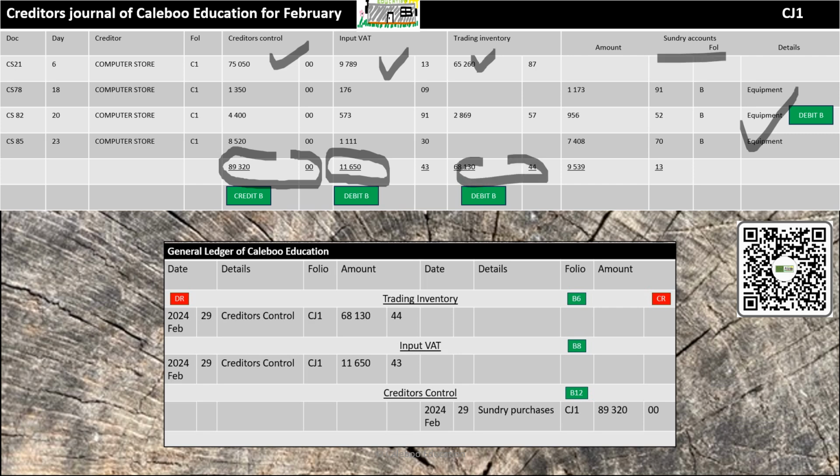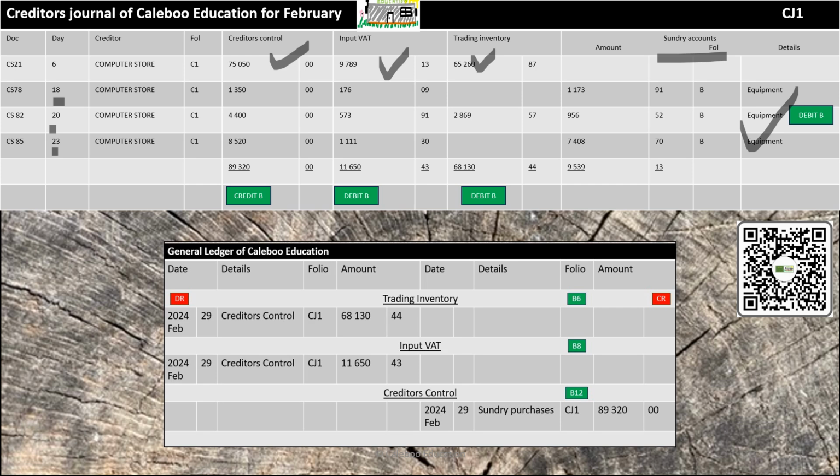If it appeared under sundry, you needed to take it on the day the transaction took place. The purpose, once again, I have mentioned it, of the journal is to take the load off the ledger. So let's do creditors control first,